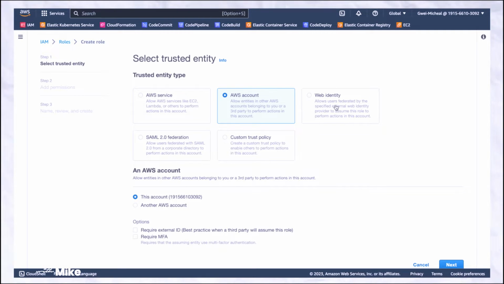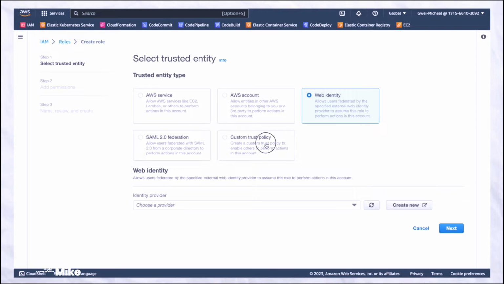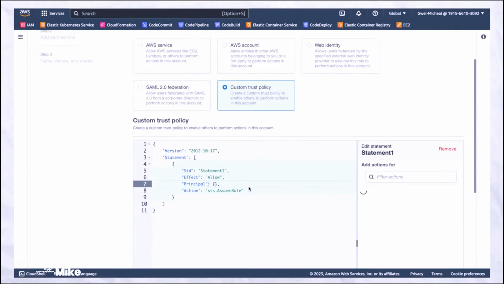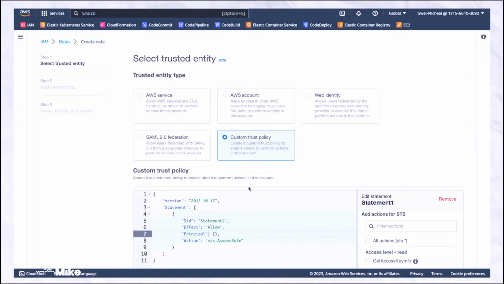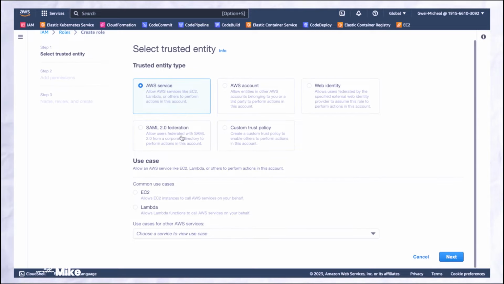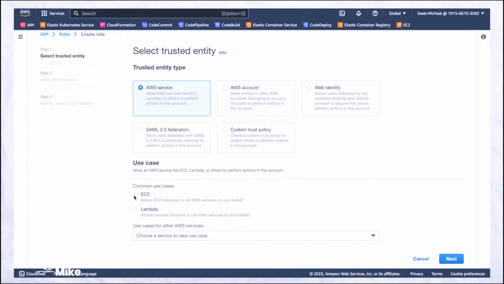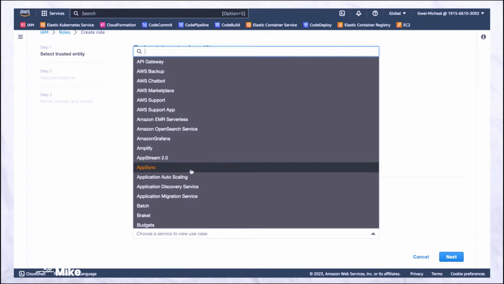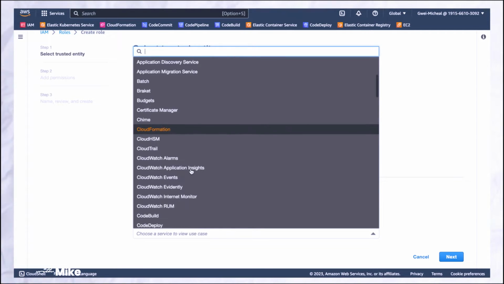Or are you trying to have web identity or maybe trusted policy and so on? So the moment you are setting all of these are just ways to specify what the role will be performing. So assuming I want to grant access maybe to a particular service, EC2. So it means that for this role, anytime I attach this role to any user, I can even specify I want access just to, let's say for example,